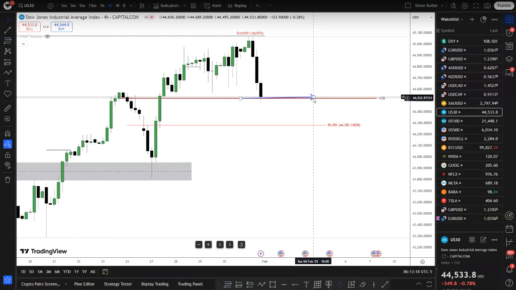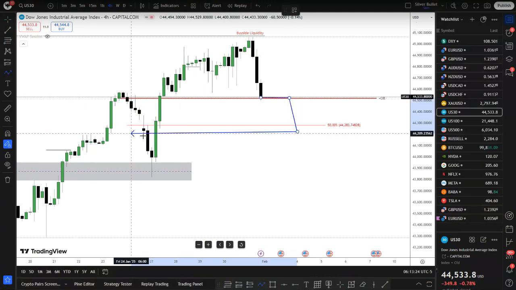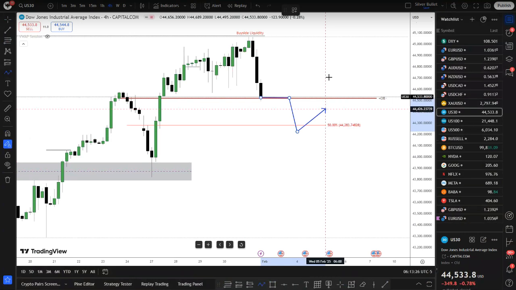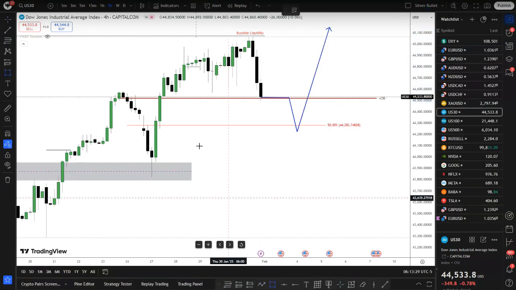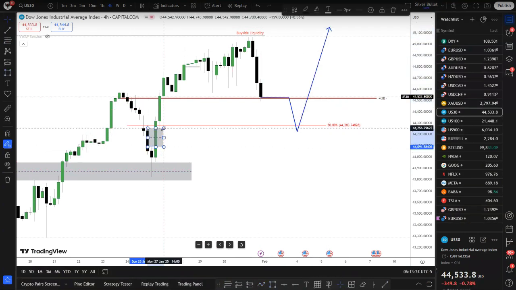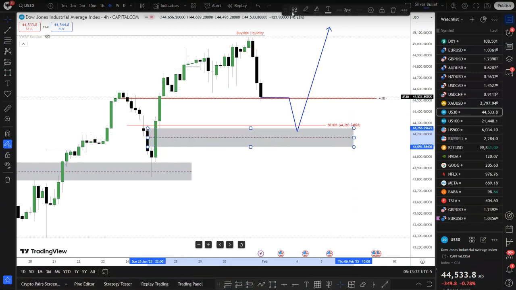Maybe we can open here and push lower to the main threshold of this order block. We also have this bullish fair value gap before we can push to the upside in this case. So we also have this fair value gap here, right? Let's accelerate it to that.